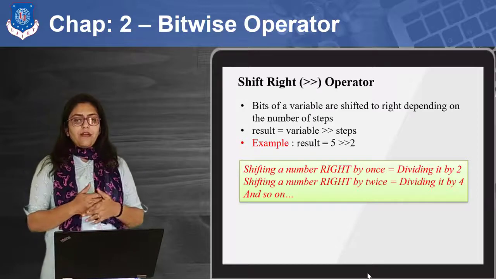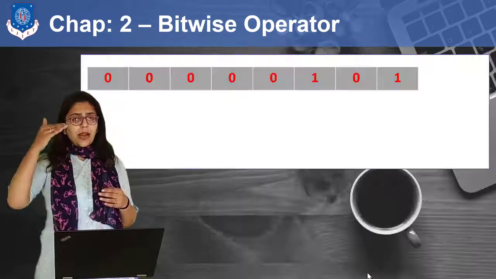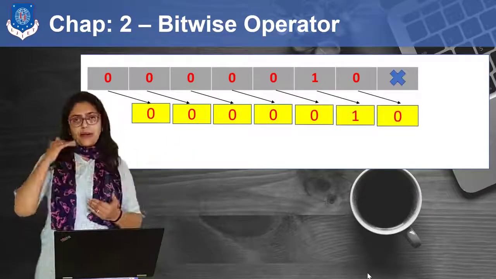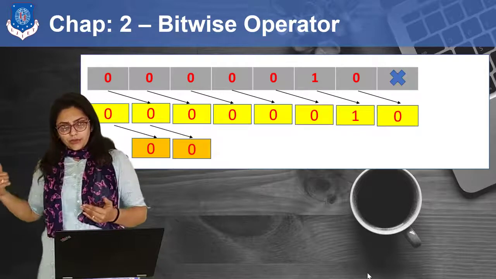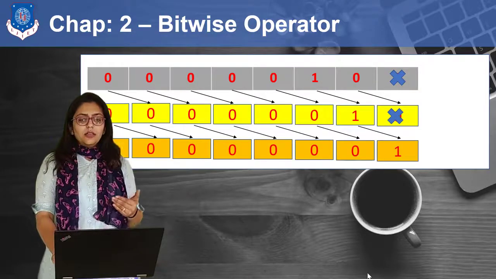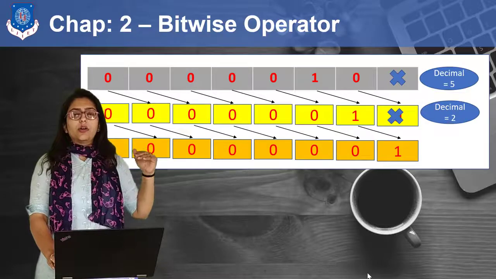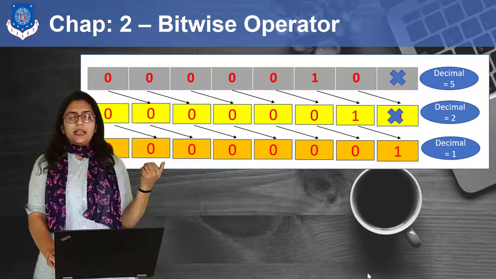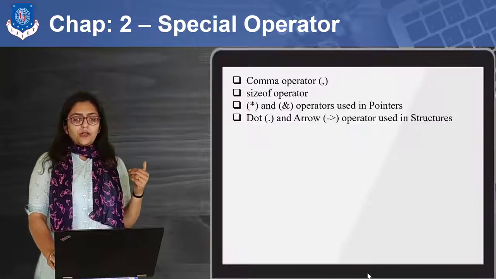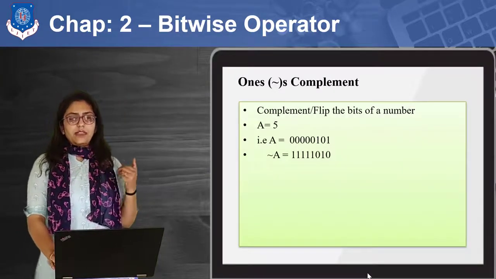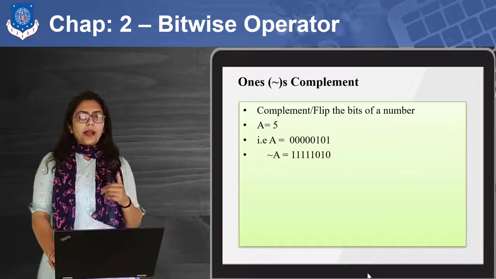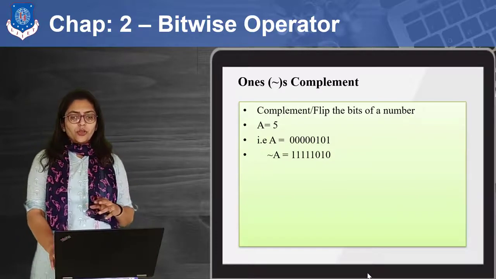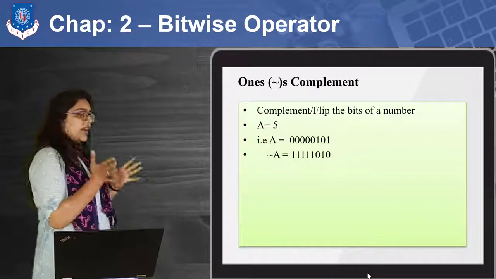So if I am shifting 5, first I am dividing by 2. If I am shifting right 2 times, that means I am dividing by 4, and respectively for 8 and so on. So you can consider the figure over here. Here I am shifting right, and you can see what the changes are. It is similar to left shift, but here I am doing everything in the right direction. For decimal 5, first I will get decimal 2, and if I divide 2 by 2, I will get 1 as the answer. So this is all about left shift and right shift.